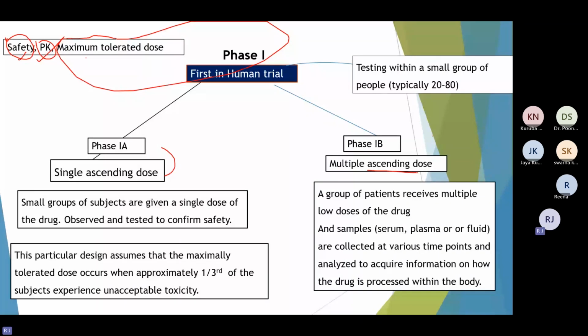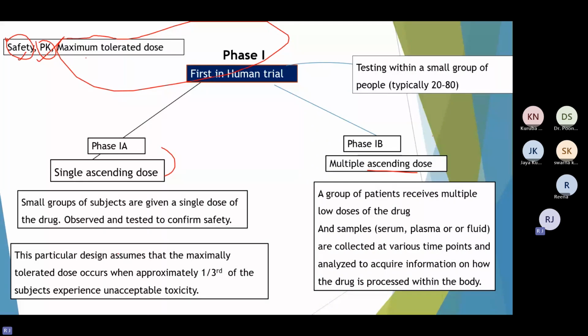Okay. So in phase 1A, what happens? A small group of subjects are given a single dose of the drug. Okay, for example, they select 30 people, they give 30 mg of a drug, and they observe for 7 days, and they take the blood and perform their assessment. Okay,